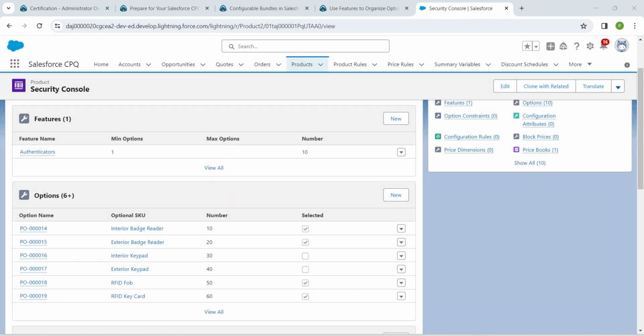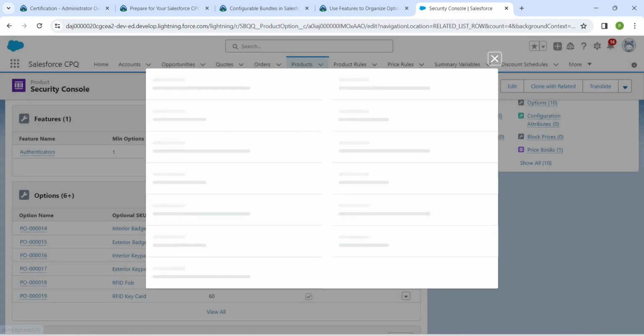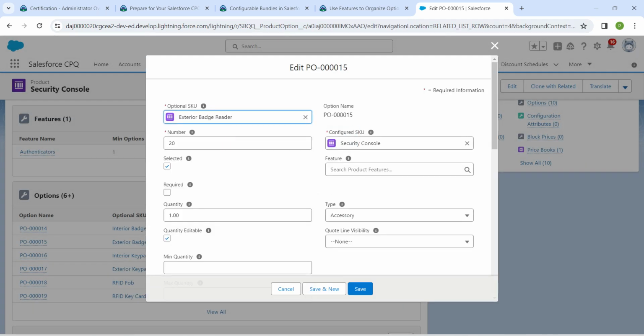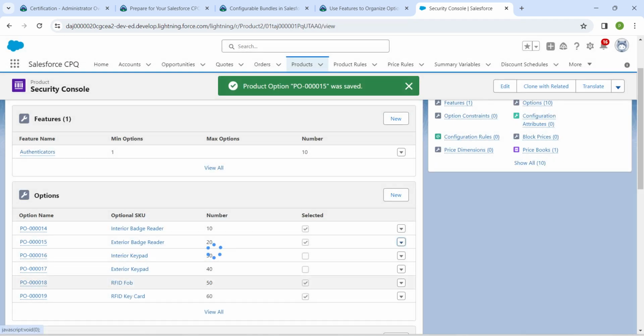So we have done the modifications for interior batch reader. Let's do it for exterior batch reader as well. Click on drop down followed by edit. In feature, we are just going to add authenticators. Once it is done, click on save and repeat the same steps for interior keypad as well as